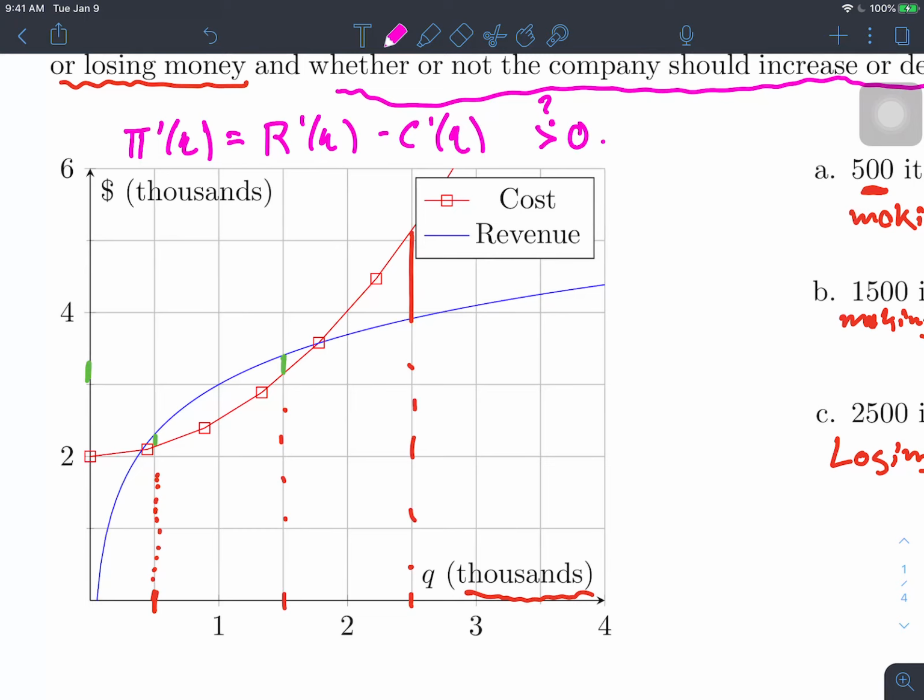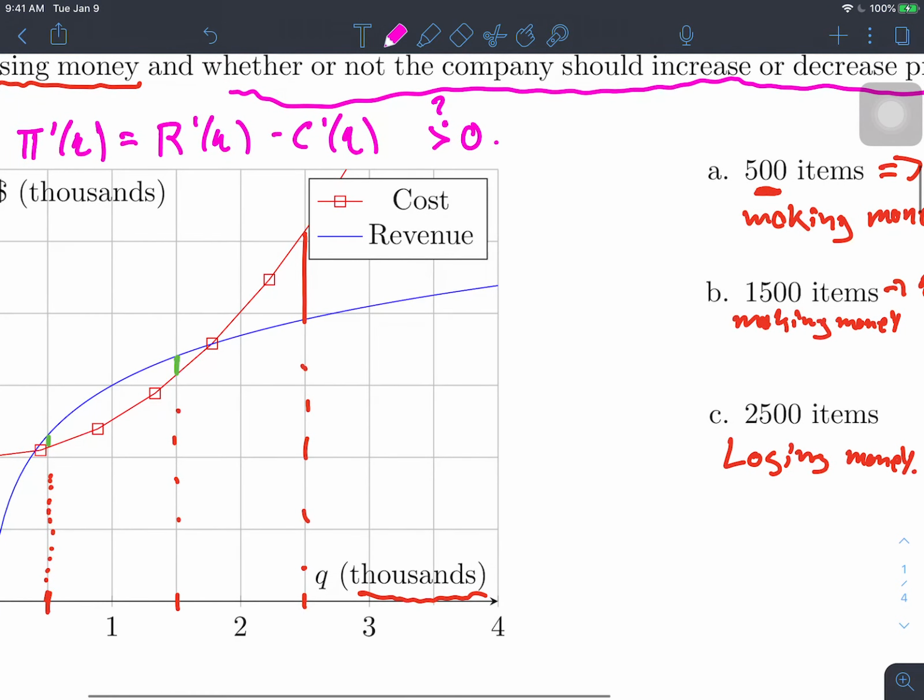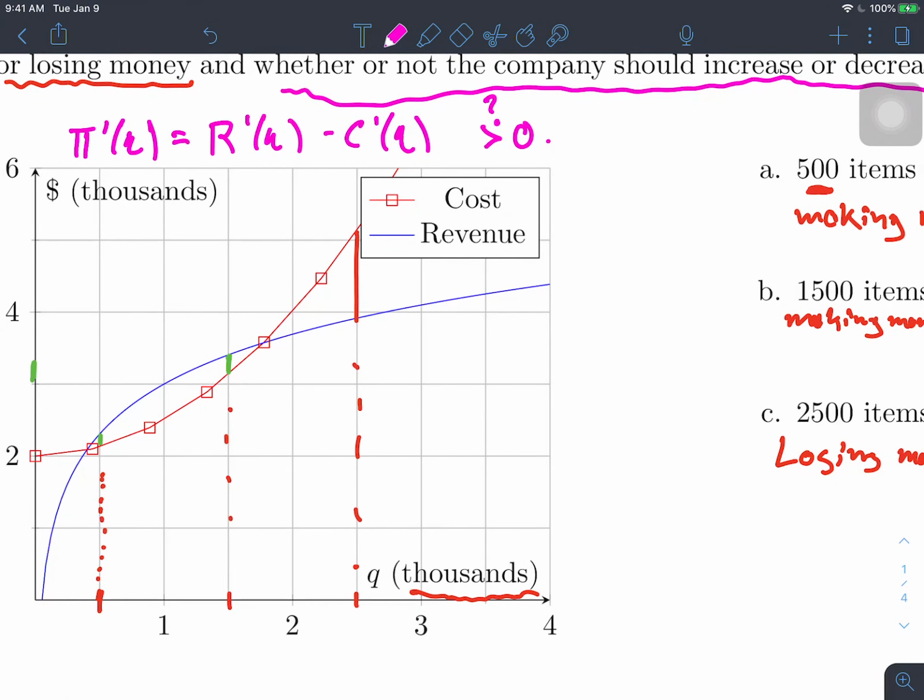That's what we'd really like to be able to say. If I have a difference of two things, it's going to be greater than 0 when the first number is larger than the thing that we're subtracting. So really what we're trying to answer here in terms of whether or not marginal profit is positive, it's exactly to say